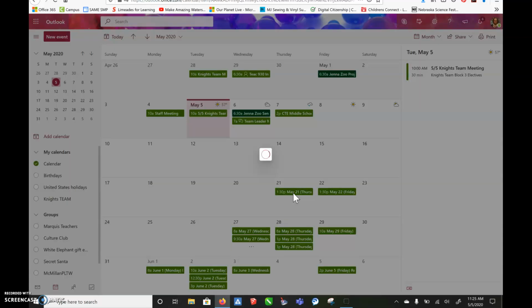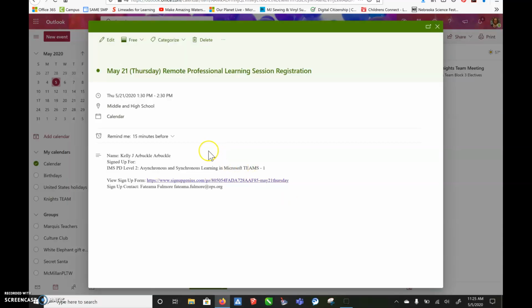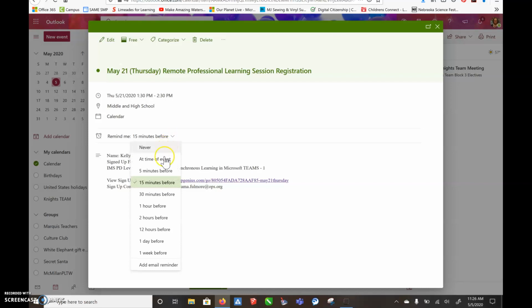I can double click it. It will tell me exactly what I'm signed up for on the day, and what I like is this remind me feature. Now it sets it automatically for 15 minutes. Depending on what it is that I'm doing, I will either set my reminder for the day before, 5 minutes before, or like with this one, I'm going to set it for 30 minutes before